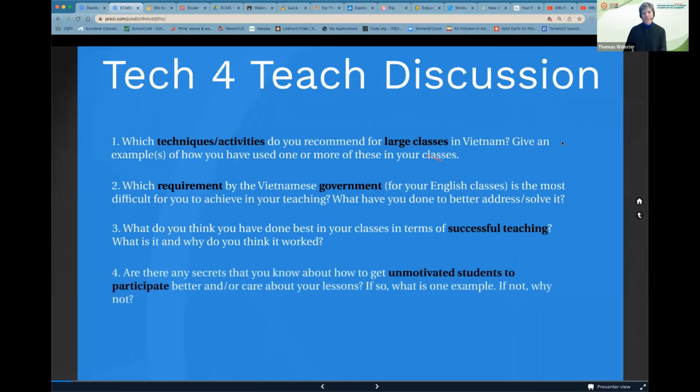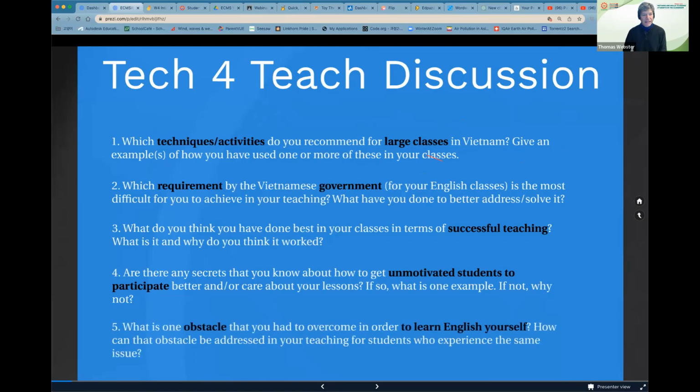Question 4 again was also specifically how to get unmotivated students more active in the class. And finally, what's an obstacle to your learning personally, your learning of English and your teaching? Because I think some participants responded with obstacles to your teaching. So together, all of these,